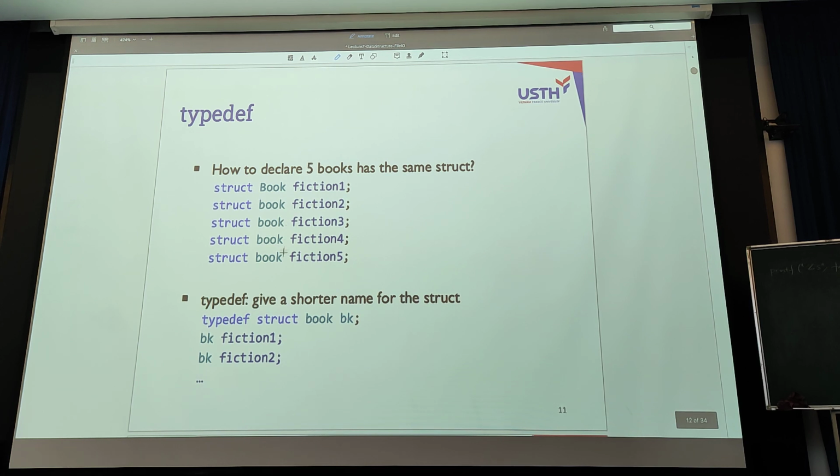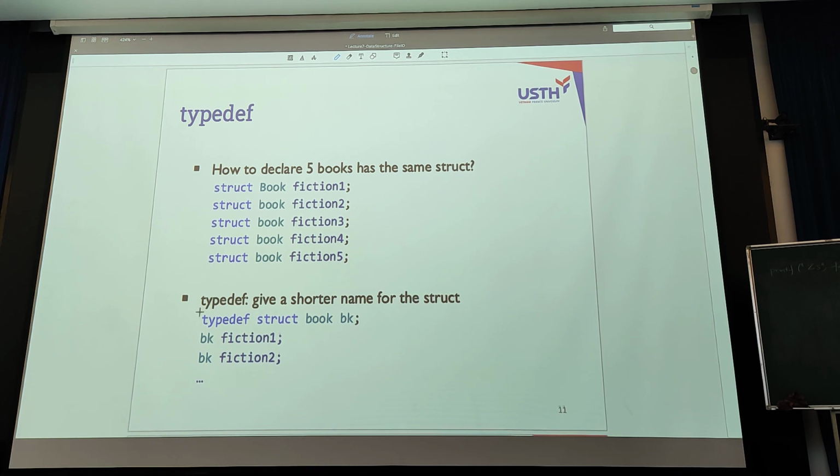Something like this, if you declare a book. I believe that when you type this code, you will copy, paste, and then change the number. It's quite manual. So there is another way to reduce